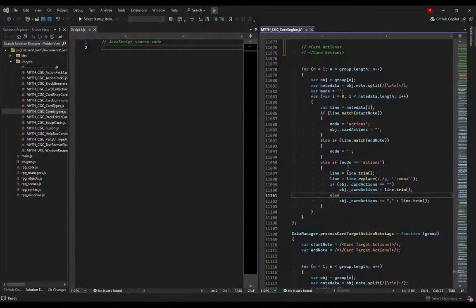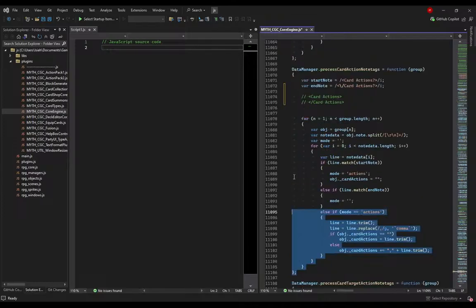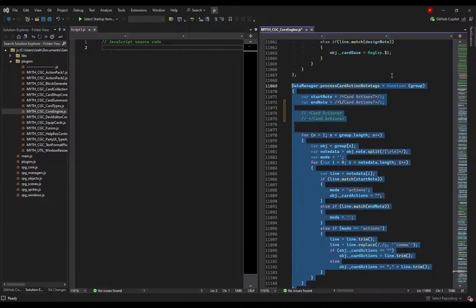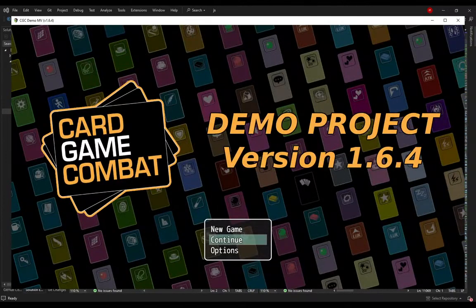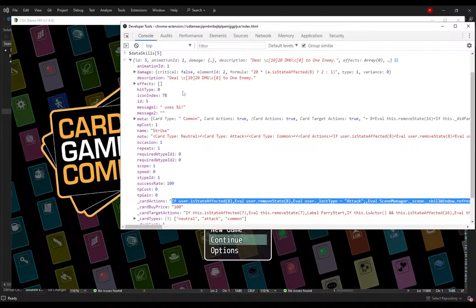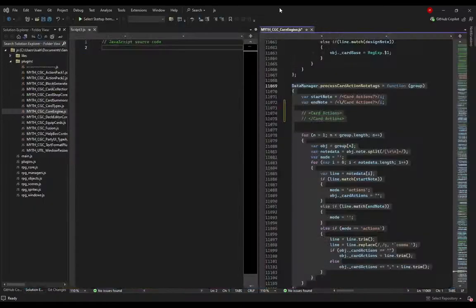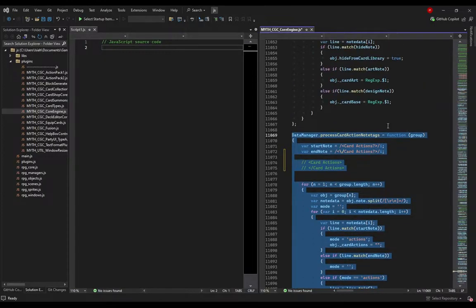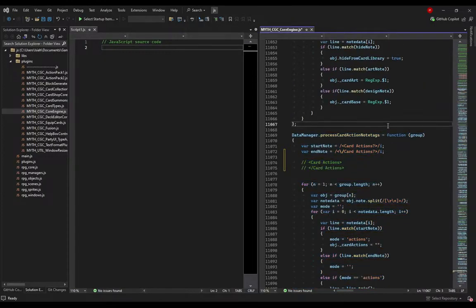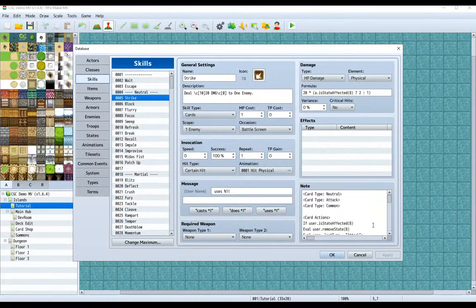So that's just what this block of code is doing. It's storing all of the card actions into an object, or into the skills variable, so that we can reference it later. So that's really useful, but that doesn't tell us how we take the thing that we added. Like, let's say I were to say card action,